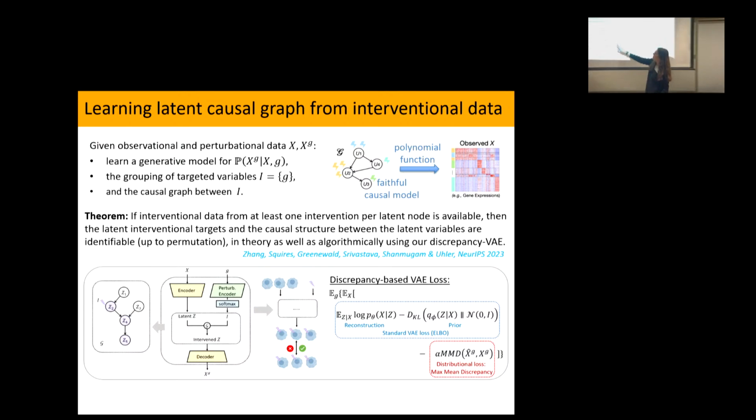And where does causality come in? So you have here a causal graph in this neural network. You have a nonlinear function that maps you to this causal graph that you're actually learning, and then the causal graph is exactly this causal graph among the latents. We have proofs on that. In fact, if you have at least one intervention on every one of your latent nodes, this kind of architecture will guarantee that you're learning the correct causal graph among these latent nodes. So it's quite nice that we also have an algorithm that is completely nonlinear, where you can prove that you are really getting identifiability of this causal graph.